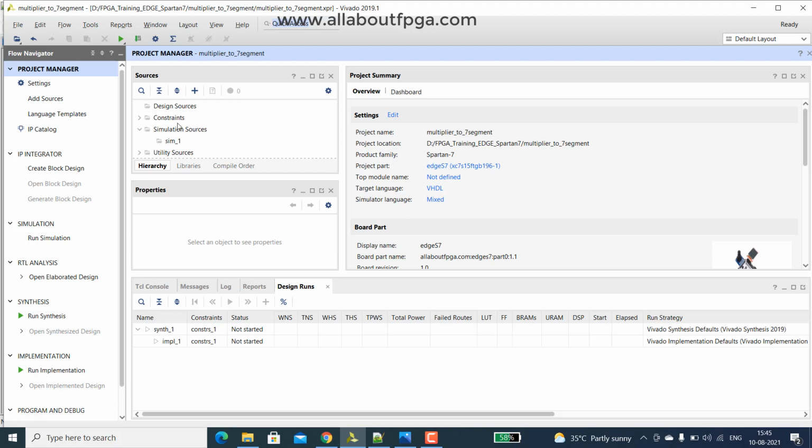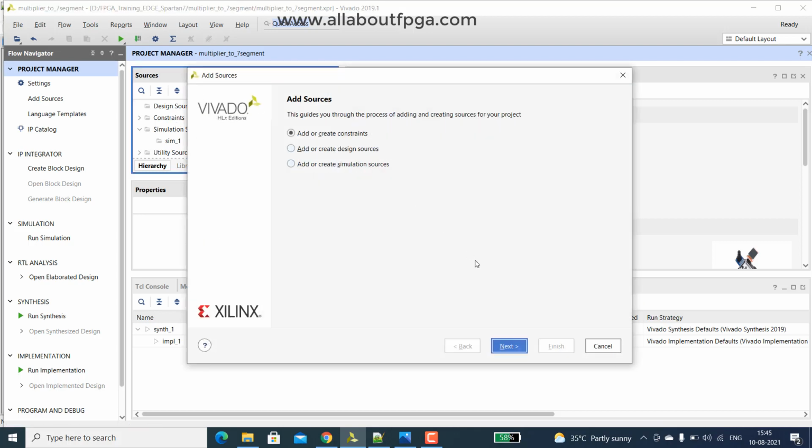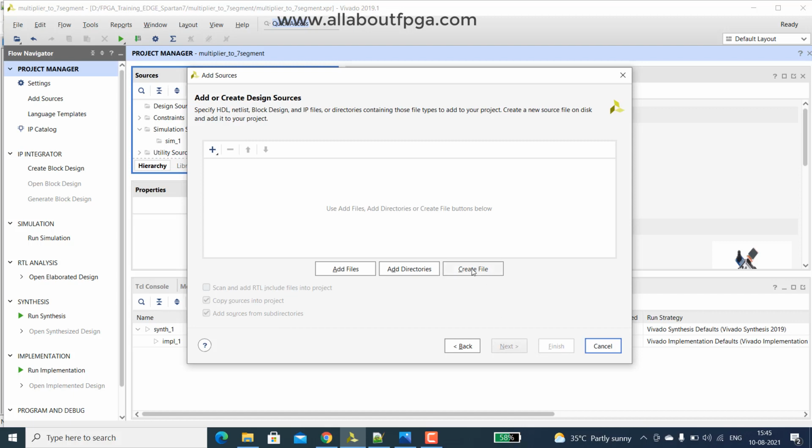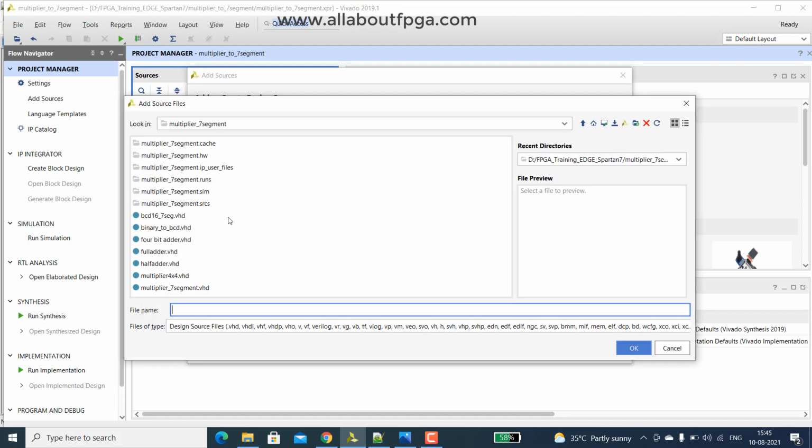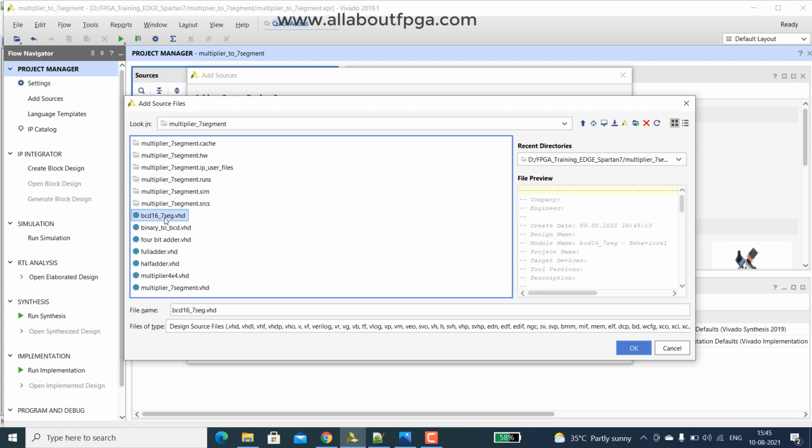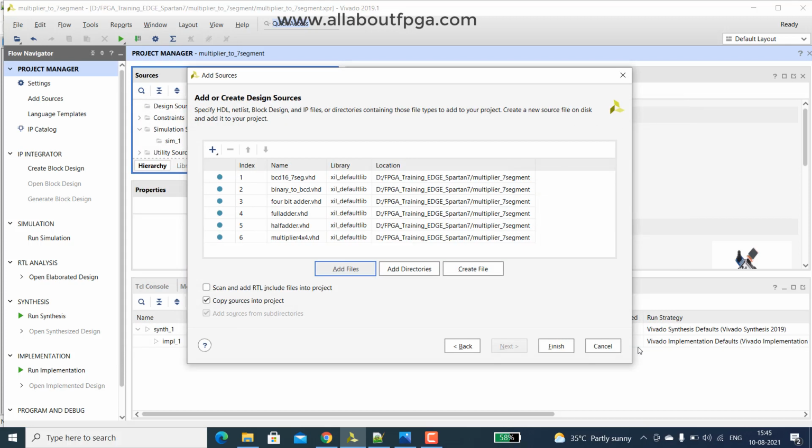Okay, we have to add the existing files first. We have to add all those files. So I already have those files in order. Just add them.